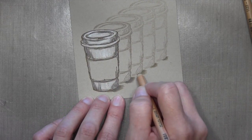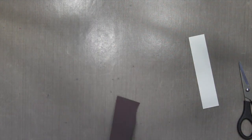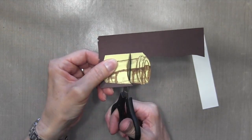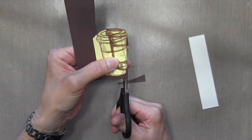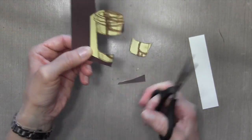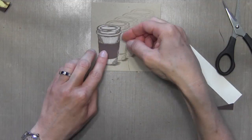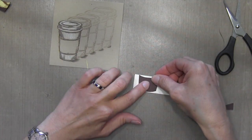And then I went ahead and added some gray to the shadow just to have it match up a little. Now since I don't need my mask anymore, I'm just going to adhere it to this chocolate chip cardstock, and I'm going to cut out the cardboard piece for the cup. And I'm going to see if it matches up, and then I'll take it and adhere it to a piece